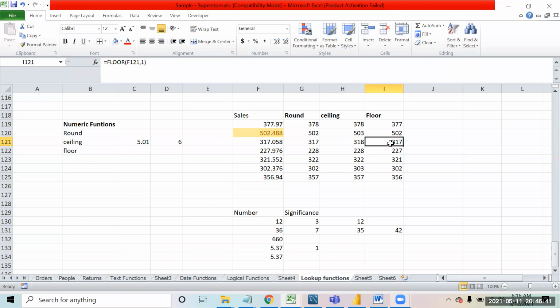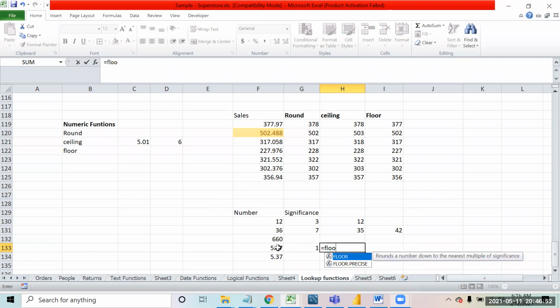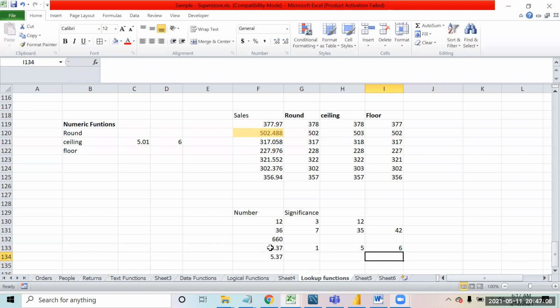Making sense? If I say floor, this is the number, my significance is 1, that gives me 5. And if I put ceiling, ceiling takes the number on the higher side, so that will be 6. This is the number, comma 1, so that will be 6.